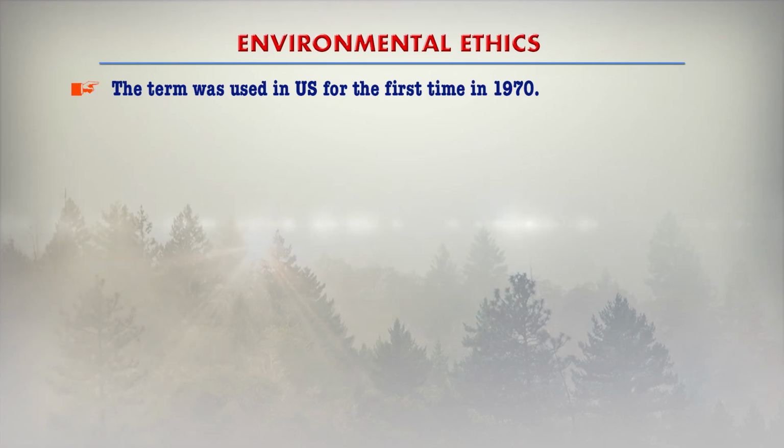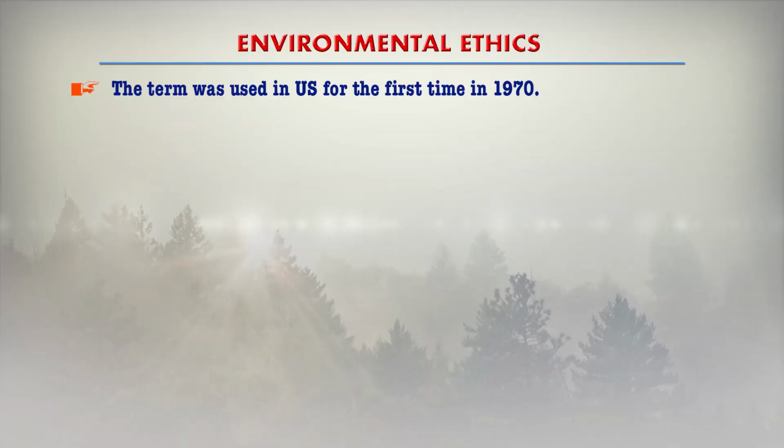So, learners, it was in 1970. First of all, in the US, the term environmental ethics was used for the first time, because this was the time when environmental pollution, the disasters related to the environment and our interference in nature grew manifold. At this time, a lot of environment and development related conferences were happening. You must be aware of the 1972 conference which took place. Then the term sustainable development also came at this time. So, this was the time when we first coined the term environmental ethics,